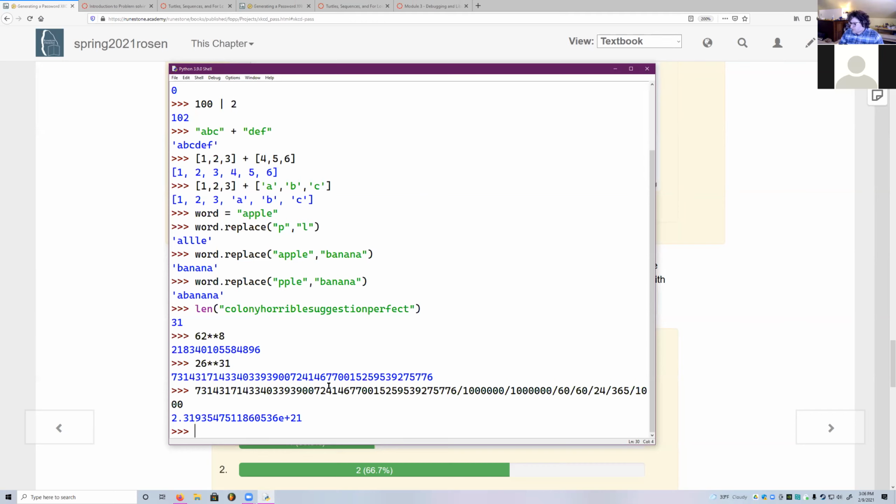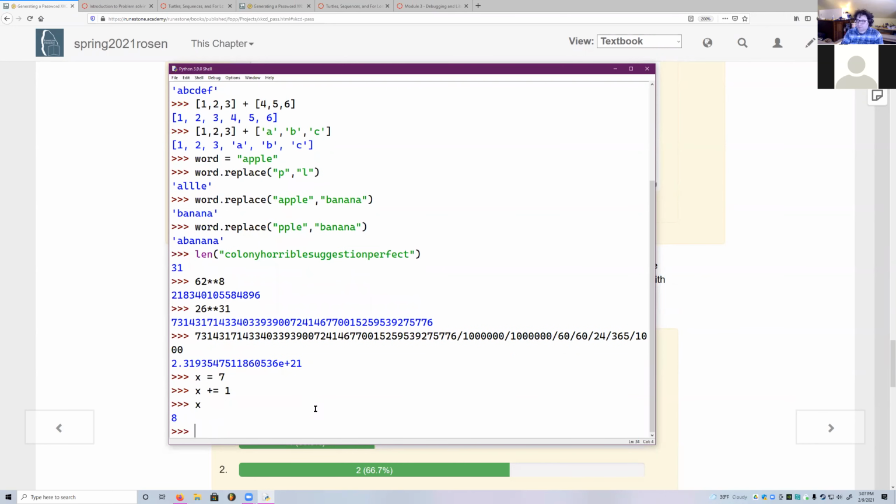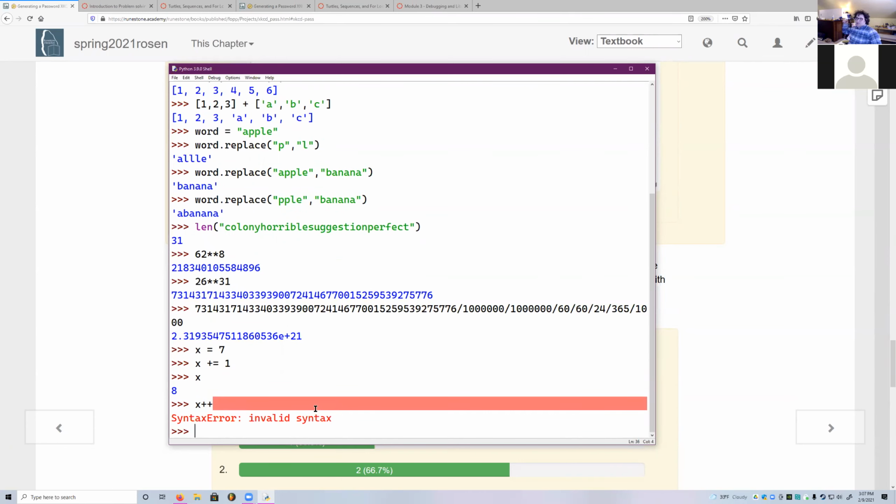Okay, now Thomas asked a programming language question, which is, can plus equals 1 be written like plus plus in JavaScript, right? To remind you, x is equal to 7, x plus equals 1. All that does is increment it by 1. Now, Thomas wants to know, does this work? And you'll see that this gives you invalid syntax in Python. And there's a very, very relevant reason for this, and it all goes back to readability. But you're like, but that's pretty easy. Plus plus means 1 more than. Well, what's often forgotten about,